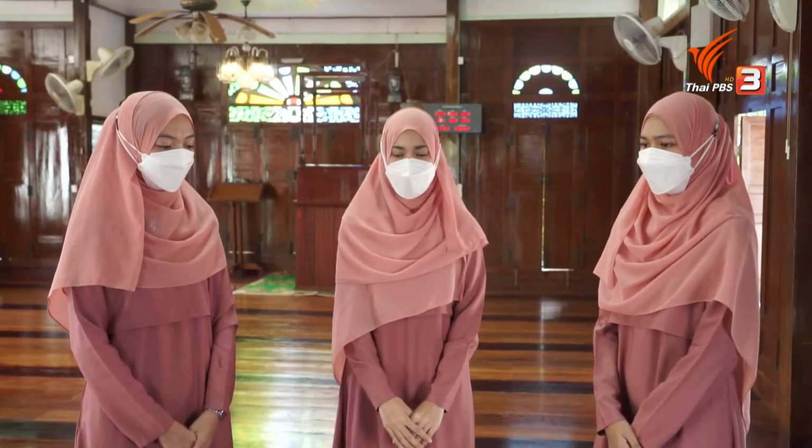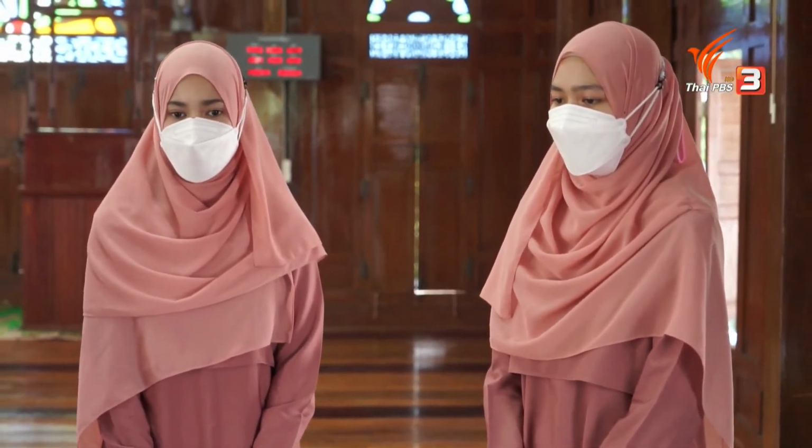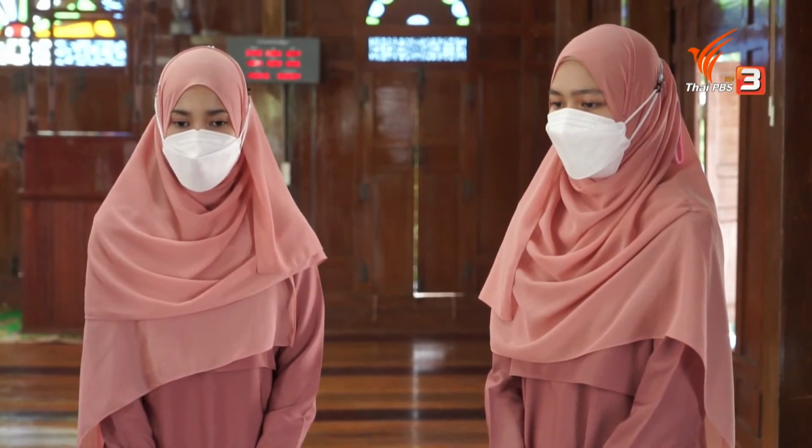Allah, sucikanlah hati aku yang terus menerus melakukan dosa padamu Allah